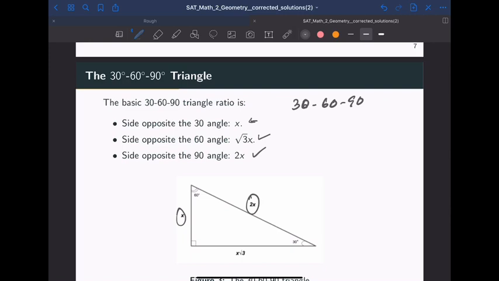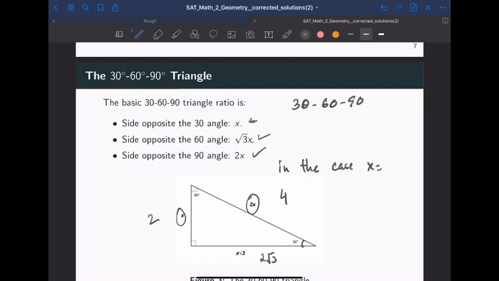Okay. And here we've labeled the sides as well. The side opposite the 30 degree angle will just be x, whatever that is. If it is 2, then 2. Then the side opposite the 90 degree angle will be 4, and then the side opposite the 60 degree angle will be 2√3. So we've studied the case